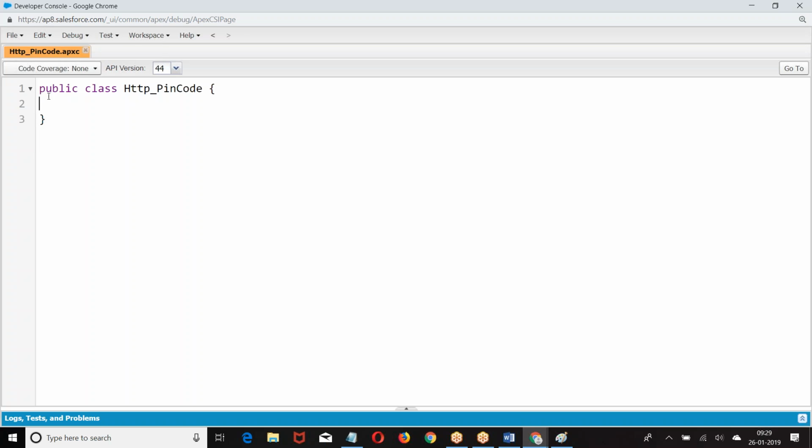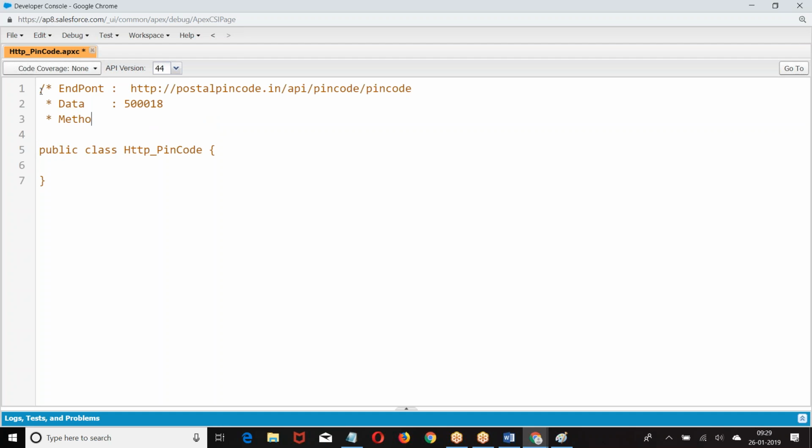So first let us see what is the request we are making. The endpoint, the data you are expecting, the method, and the response they are expecting in JSON format.